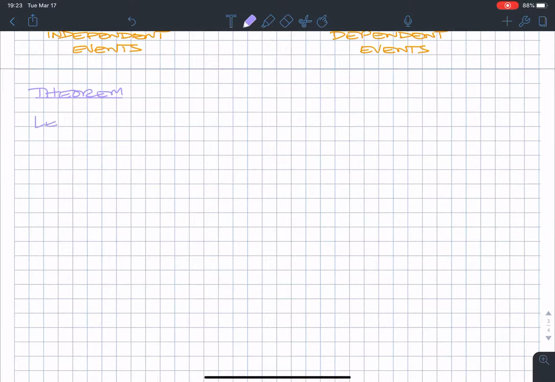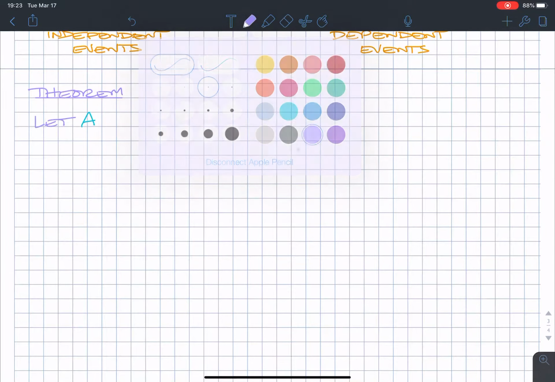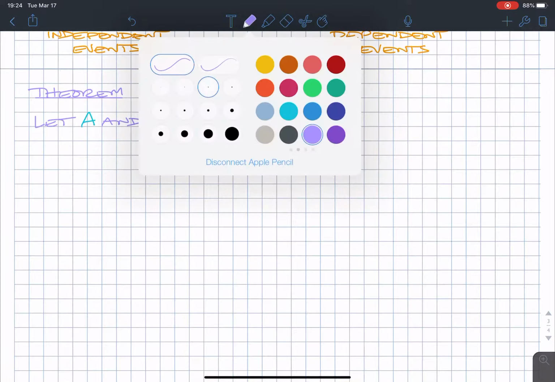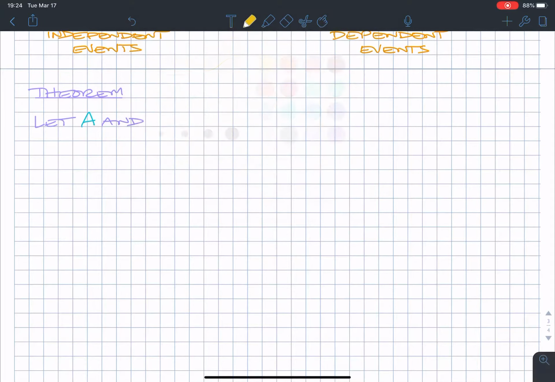So let's let A and, what color should I use? B be two events. If A and B are independent, meaning they don't overlap, independent,